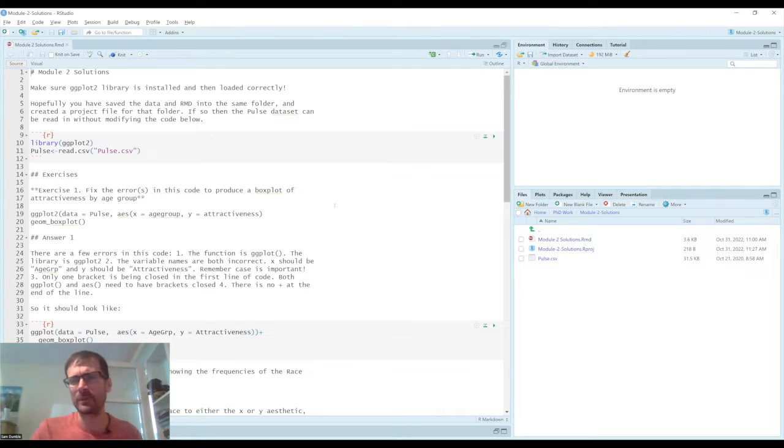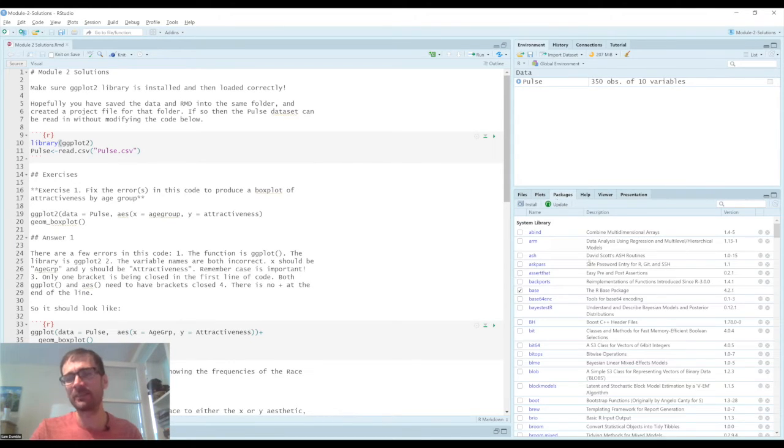There's a really important point when using any kind of scripting in R, which is to make sure you've got your libraries downloaded and installed and loaded. So in this particular markdown file, you can see at the beginning of my file, I'm loading in the ggplot2 library. This will run straight away because I've already installed ggplot on my version of RStudio. But if you haven't installed ggplot2, what you will need to do at this point is install and download that package. Every time you use that package, you still need to use this library command. But the first time that you come across ggplot2 or any other library, you'll need to install it.